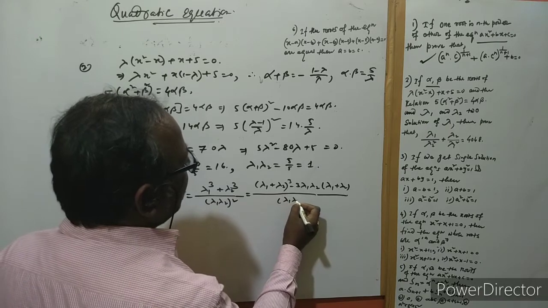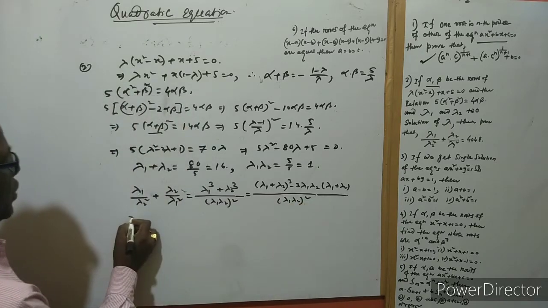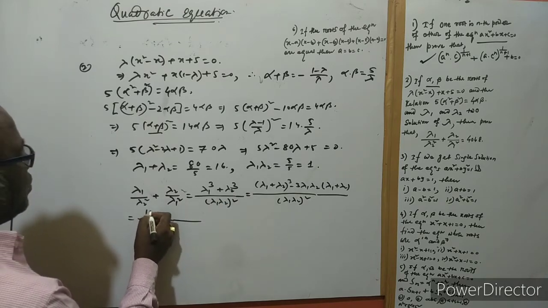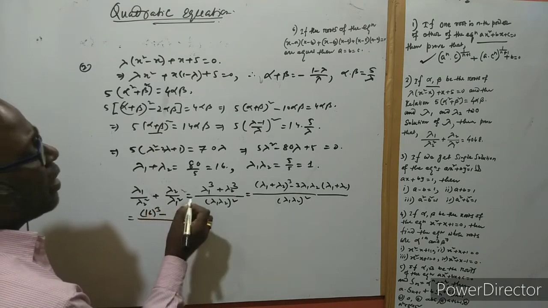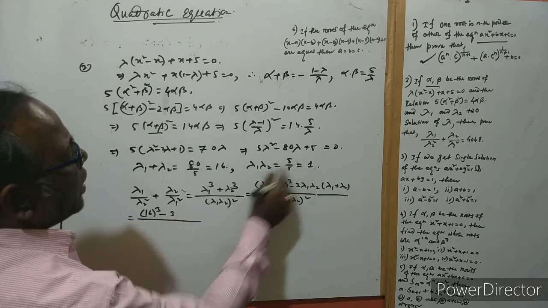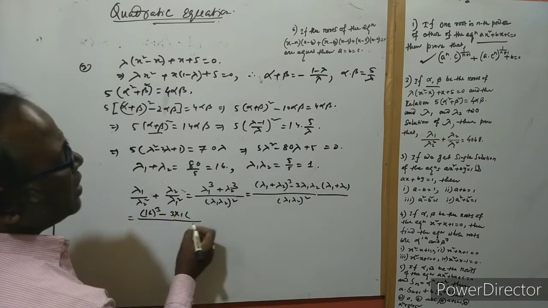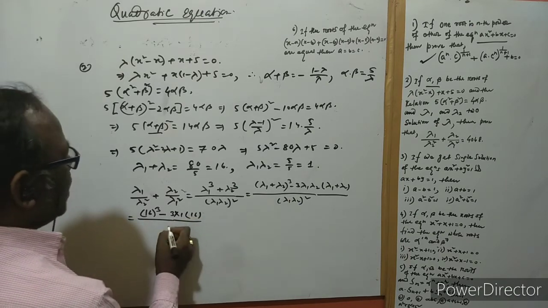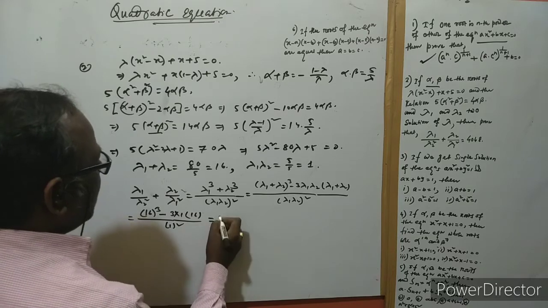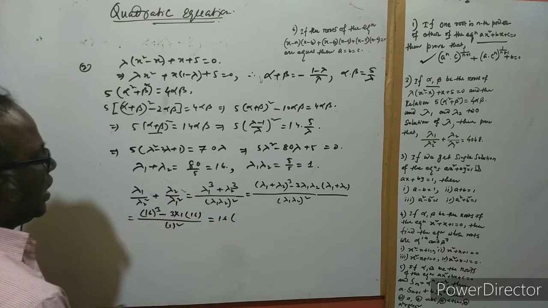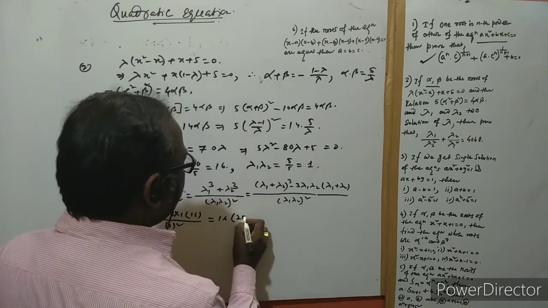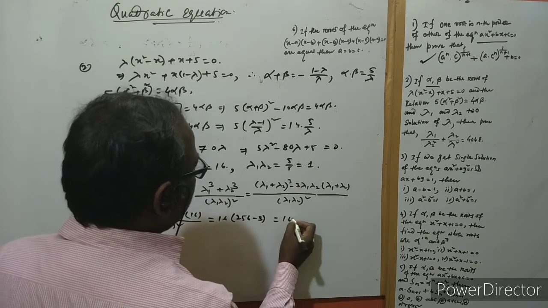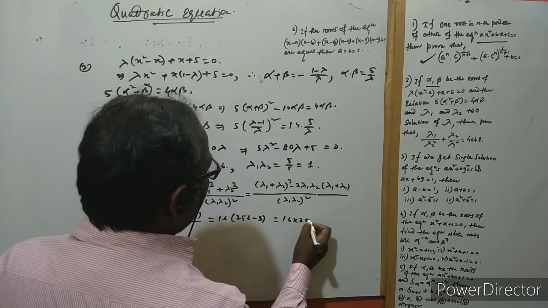And now lambda 1 lambda 2 whole square. Okay, and now put the value of this part, lambda 1 plus lambda 2, this is 16 square, 16 cube. And now here is 3 times lambda 1 lambda 2, this is 1, and also the 16 times multiple, and this is 16 there, and this is 1 square. Okay, now take a common 16. Okay, and 16 and 256 here, and minus 3.